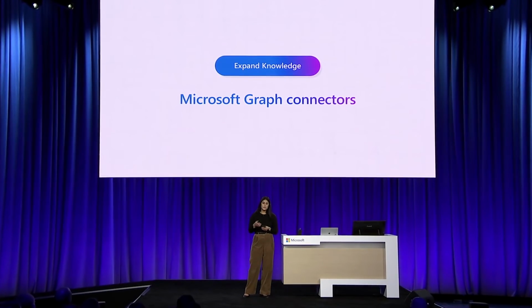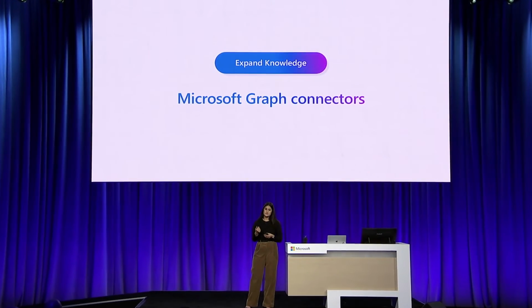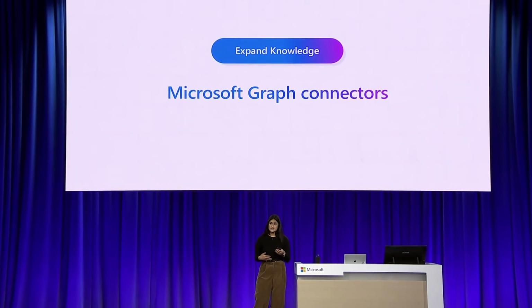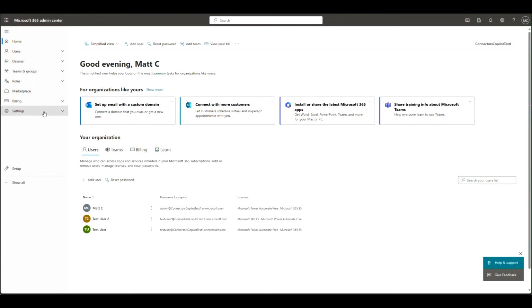So we just saw how you can expand Copilot with plugins built from message extensions, both bot-based and API-based. Now let's dive into expanding what Copilot knows by actually ingesting your enterprise data with Microsoft Graph Connectors. So in our first demo here for Graph Connectors, I'll show you how you can quickly set up a Graph Connector built by Microsoft for a custom file share. This file share actually contains many healthcare research articles, as well as a simple CSV that actually contains metadata for all of those resources. Let's roll the clip.